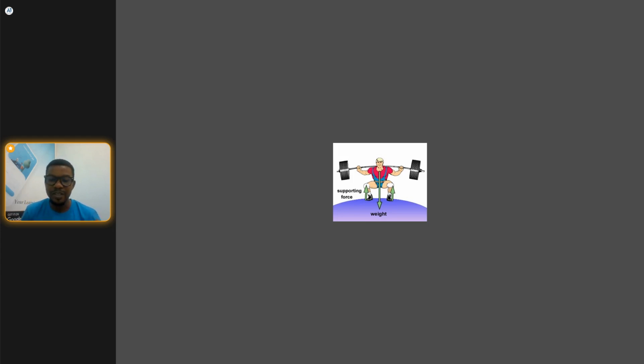Weight. Sometimes you say, I'm going to the gym. I want to go and carry weights and all that. So what is weight? We want to look at what weight is. Now, the picture here is showing someone at the gym trying to do what we call lifting of some objects that have mass. Now, as this man is trying to pull the objects upward,